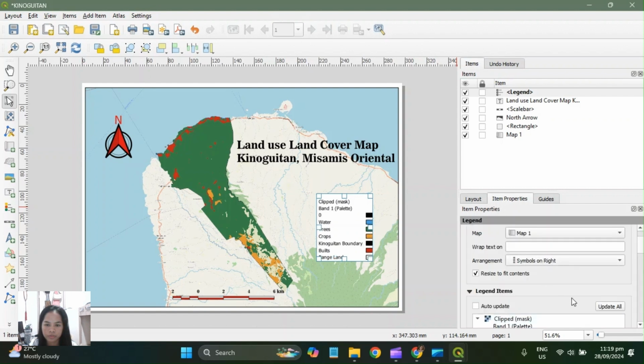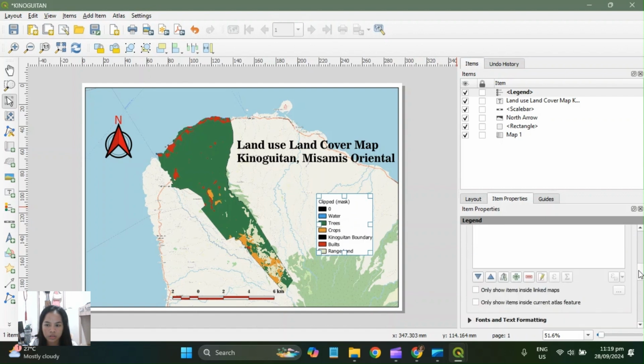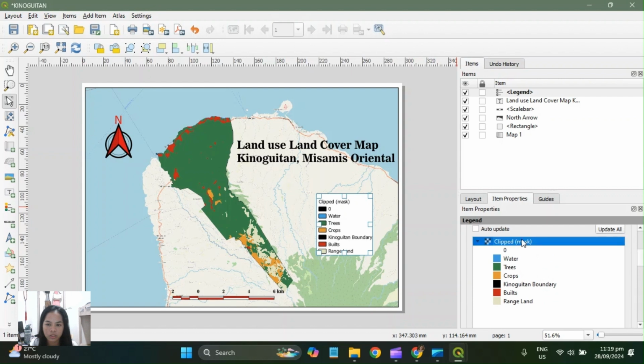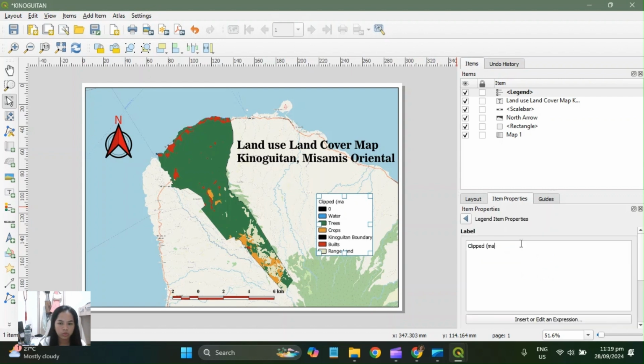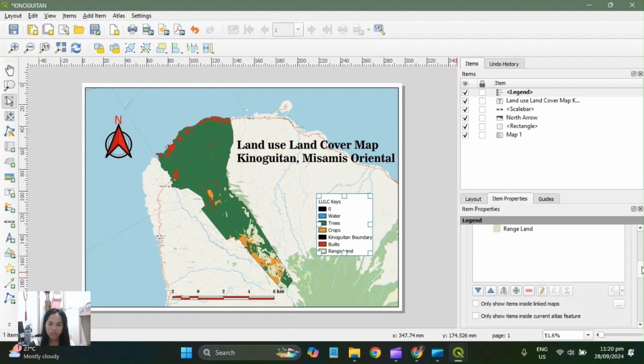Then for this one, you can delete it. And then you can put it here. So we're done in adjusting the necessary names for our legends.